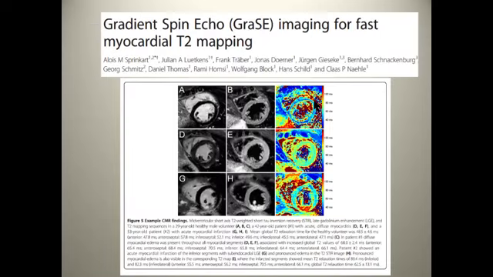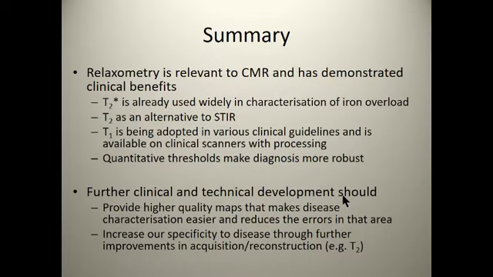The other approach is to do it a different MR approach. So in this case, they've used GRASE, which is effectively a fast spin echo method, but collecting more than one line after each 180. So like a sort of an EPI type readout in there. And as you can see, this shows pretty good data too. So I think T2's got real potential with these evolving fast spin echo-based methods, which are coming through at the moment. So just to summarize, really,